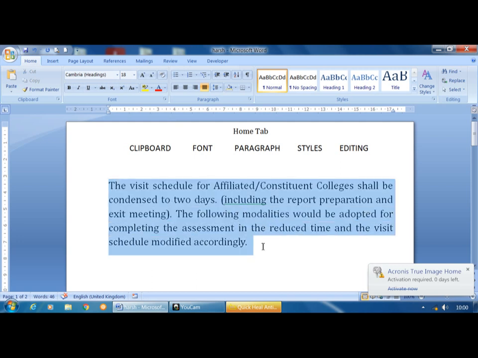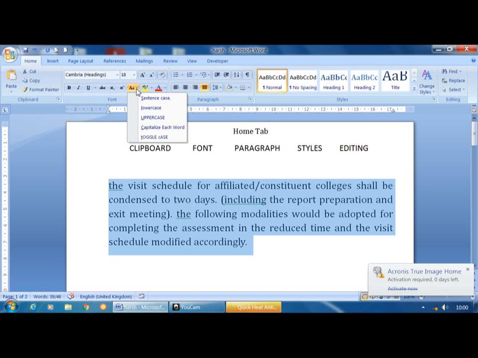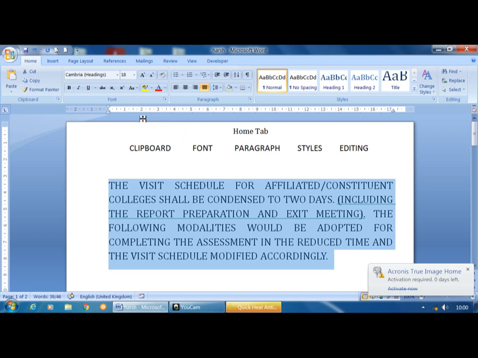To do all those things we have to select the text. Second one is lowercase. If I want to convert all the selected text to lowercase, just click on the lowercase option. See here T is small, again here T is small. Now I want to make all the text in all capital letters. At that time just click on the uppercase option. Here all the text will be converted to capital letters.